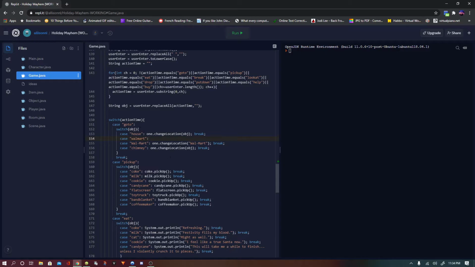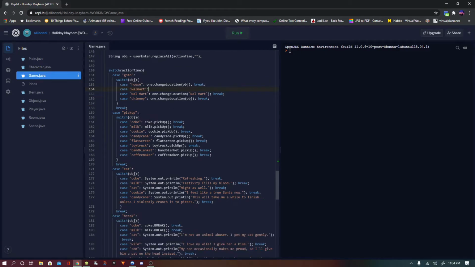So that's how that one works. The pick up. Now, all of these have to be objects, like item objects. You cannot pick up characters. And then technically you can eat the cat, but it's just a joke. You know, might as well, whatever. But it's because they're all objects, so they have the...